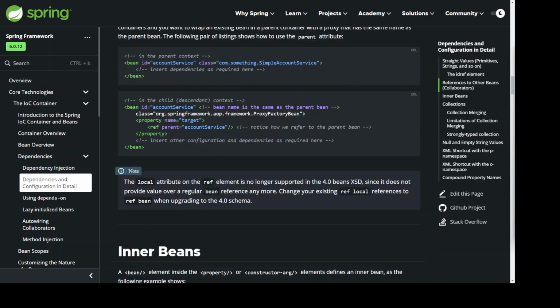<!-- in the child (descendant) context --> <bean id="accountService"> <!-- bean name is the same as the parent bean --> class="org.springframework.aop.framework.ProxyFactoryBean"> <property name="target"> <ref parent="accountService"/> <!-- notice how we refer to the parent bean --> </property> <!-- insert other configuration and dependencies as required here --> </bean>